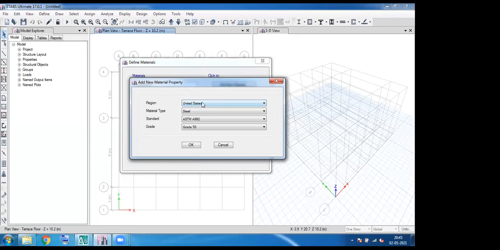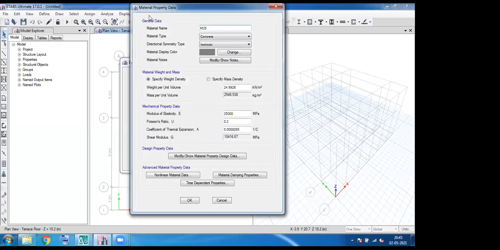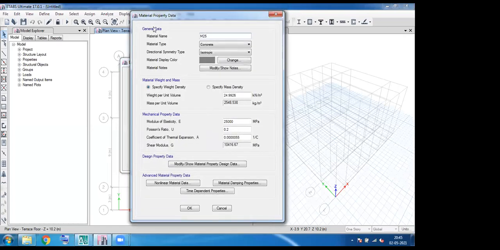Here choose the region first as India, the material type is concrete, the standard is Indian, and the grade of concrete is M25. Now click on OK. The dialog box of the material property for M25 grade will appear, with the default values.